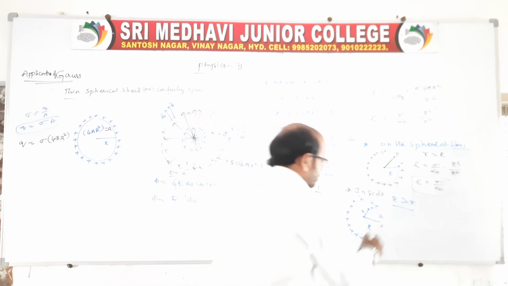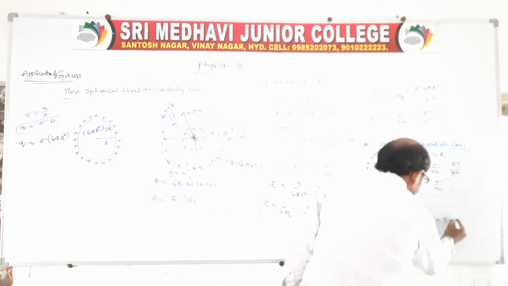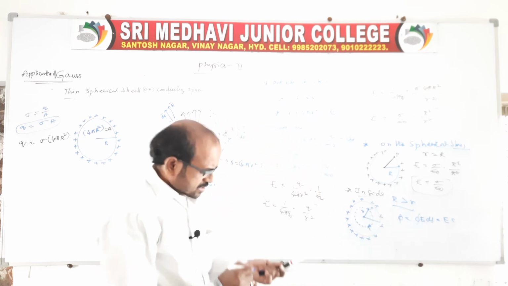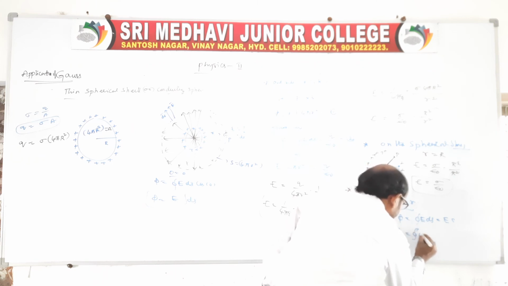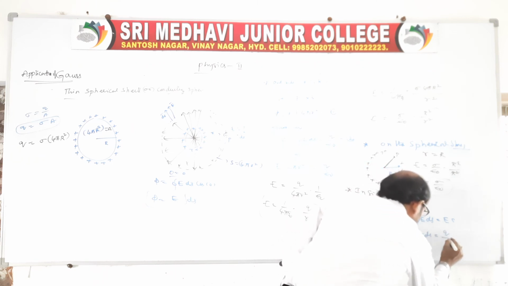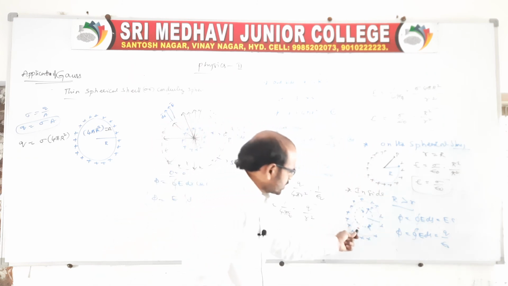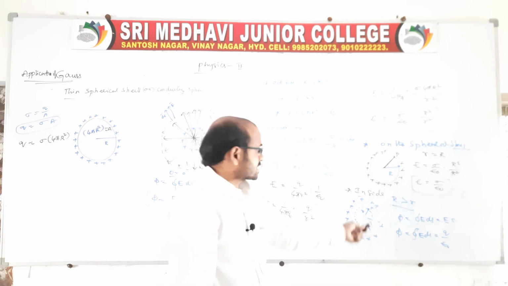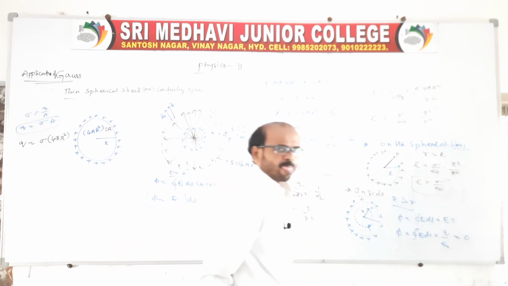Now flux is equal to closed integral E ds. Of course, it is E into S, because we are constructing a closed area for this. Sir, what about Gauss law? Here Gauss law, closed integral E ds, is equal to Q by epsilon naught. You tell me one point: inside, is there any charge enclosed by the surface? No, because the charge is distributed above the surface only. So the flux inside will be 0.